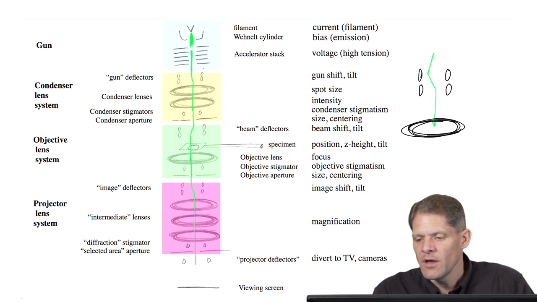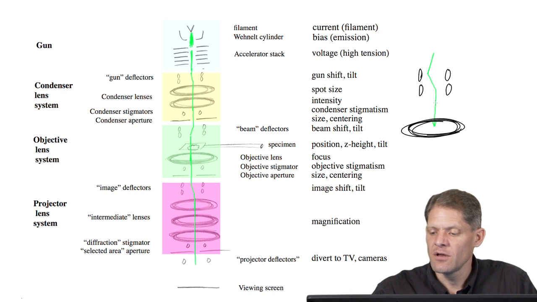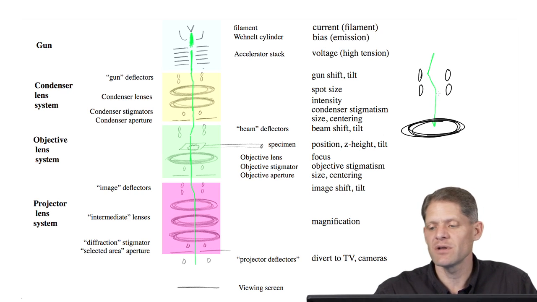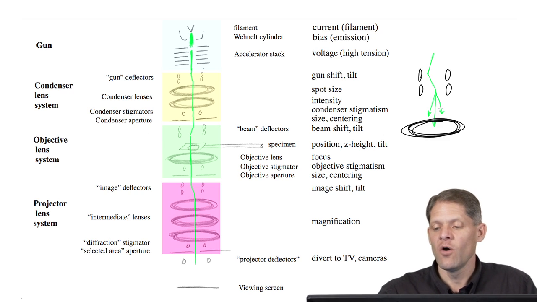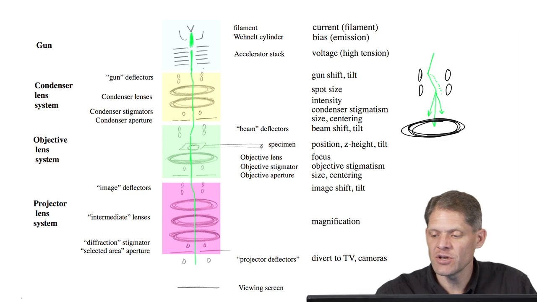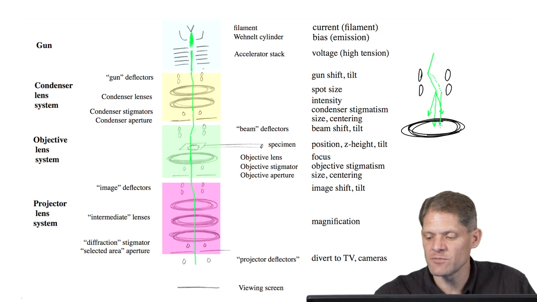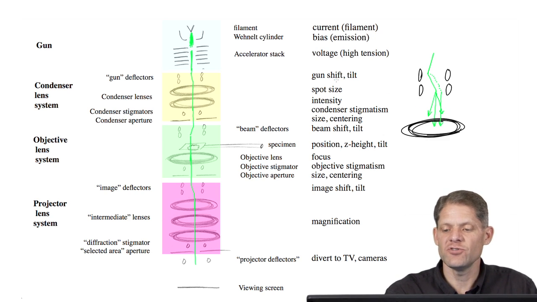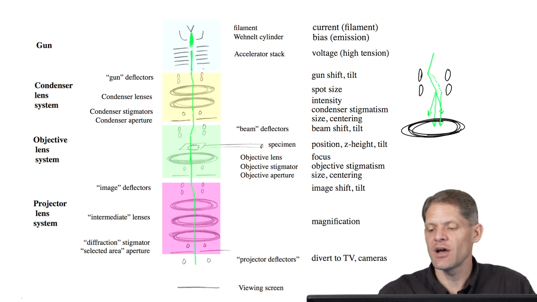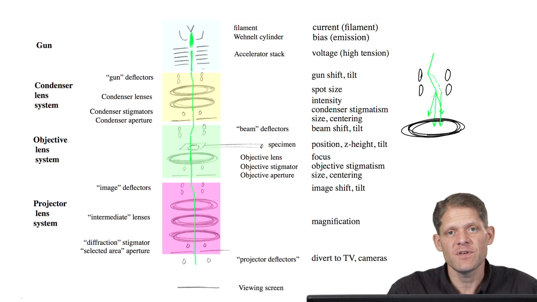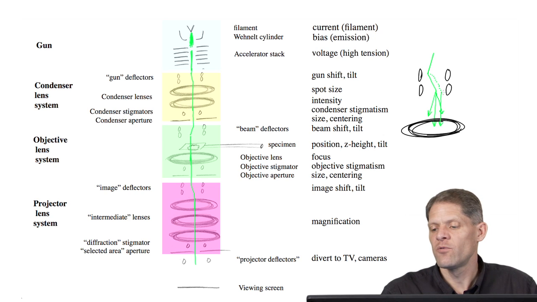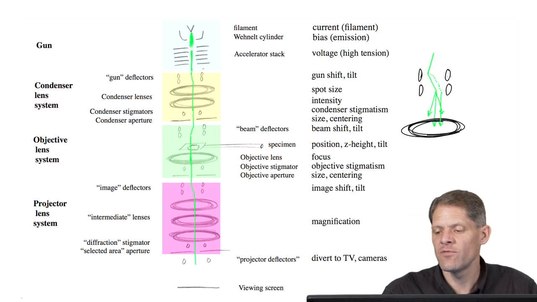Now, in addition, there are times when we want to deliberately tilt the incoming radiation. So we might want to deliberately set the tilt over here or over here. Or we may want to shift the illumination to a different position and then have it come straight down. And so deflectors allow you to shift and tilt the incoming beam. But of course, a shift and a tilt